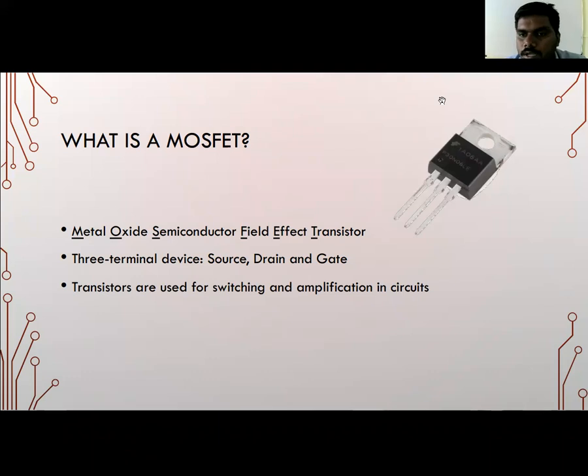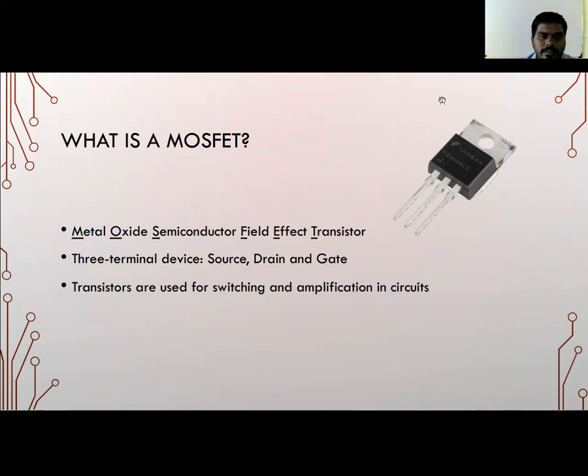So in the previous video, we have seen the details of SCR, its structure, types of transistors, and we have seen all the characteristics of the SCR. Now, in today's video, we will look at the switch, the important switch in the electronic industry, that is the MOSFET.